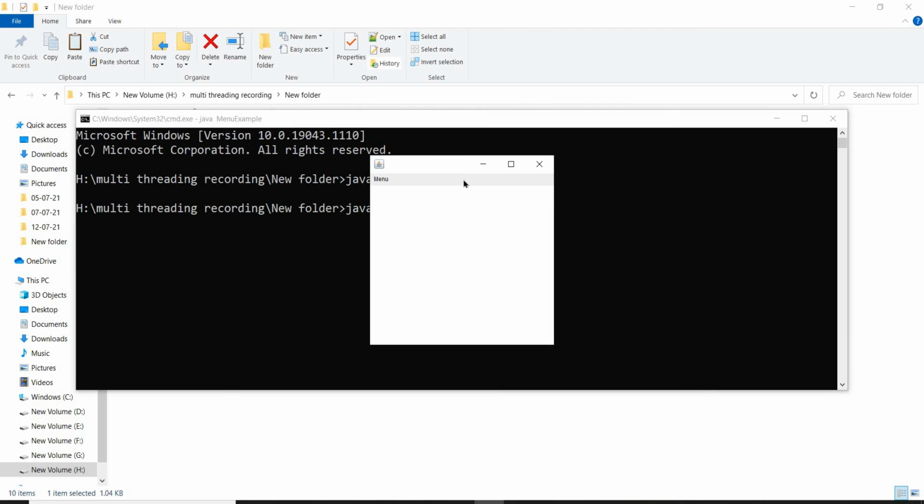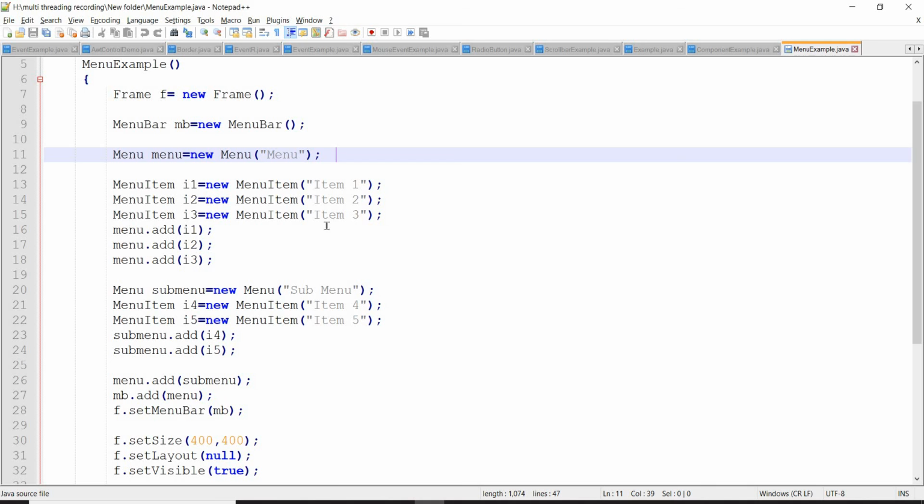See, this light grayish color indicates the menu bar. On the top of this menu bar, we have added the menu. The first 3 elements are direct menu items. Okay, the first 3 are direct menu items, and the fourth one is menu dot add of submenu, right?